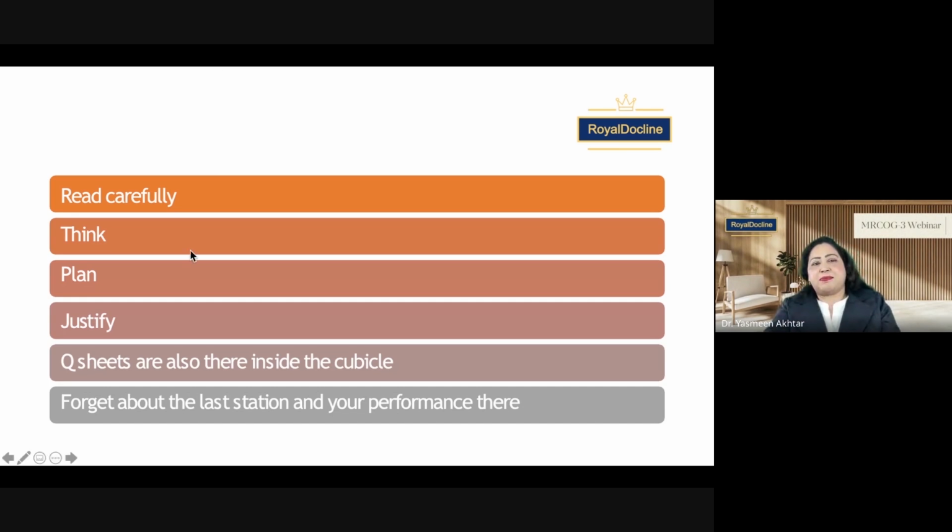Or, for example, there is a patient who is in the second stage of labor and she's not progressing, okay, and her head is down. She's refusing examination. So you are thinking this is a difficult patient. And I have to be very sympathetic, and I have to talk very gently, and I have to give her the options. What are the options? I have to do the examination first of all. I have to console her. I have to do her counseling. I have to examine her. I have to give her the option of instrumental delivery. Okay, and then I have to give her the option of the cesarean section. Okay, but before this, history.